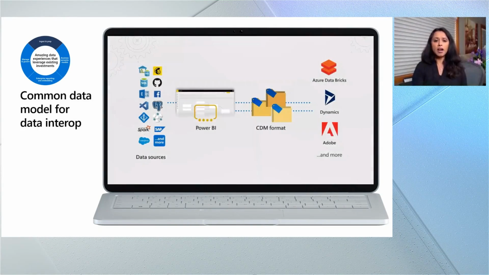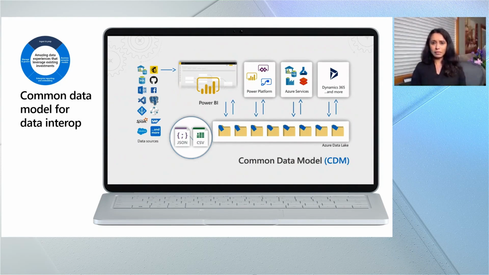Now, the next thing I'm going to talk about is really data interoperability. You probably have this data ingested, and you probably want to now make use of it in maybe the Power Platform, Dynamics 365, or you have Azure services and you like SQL and SQL Data Warehouse and Databricks, and you just want to use it there. So in Power BI, and specifically Power BI data flows, we support the common data model format. So data stored in your Azure Data Lake Gen 2, you can very easily use that in any service across Microsoft that supports the common data model format. That's how easy it is.